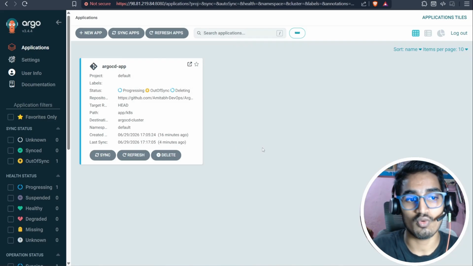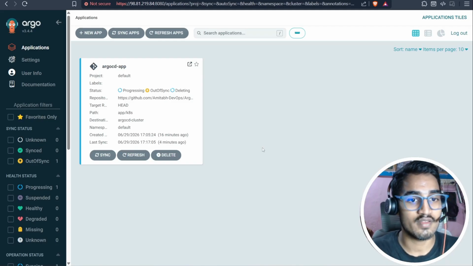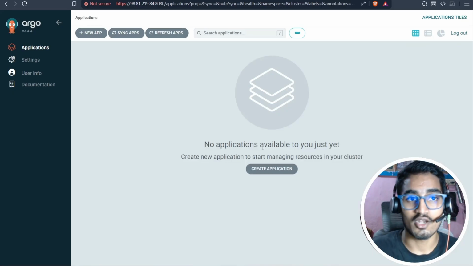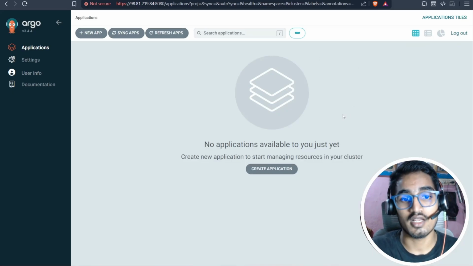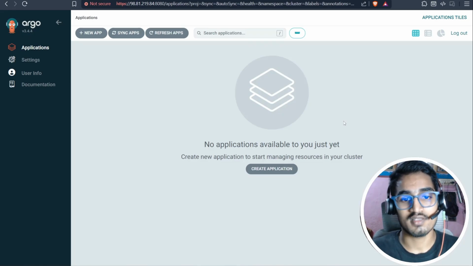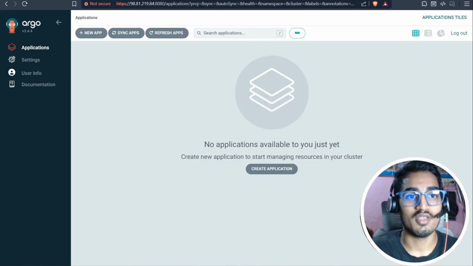This declarative approach is mostly used in industry and is a widely used method to deploy our application using Argo CD, the GitOps way. Actual GitOps is the declarative approach. It mentions the desired state. So I hope you understand overall the UI, CLI, and the declarative approach, and you can stop the EC2 instance